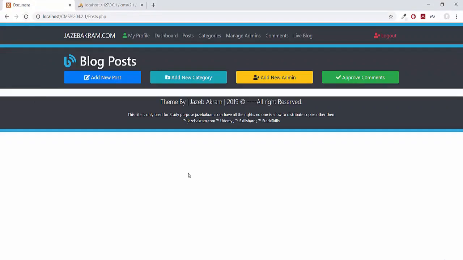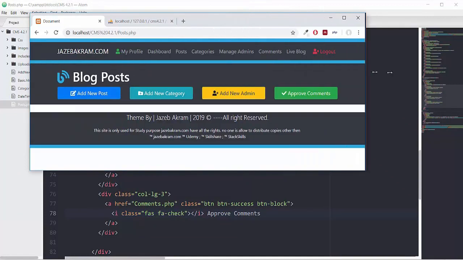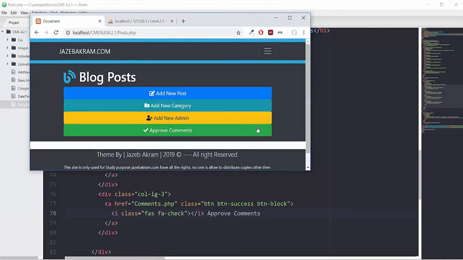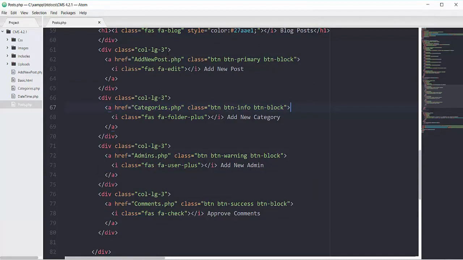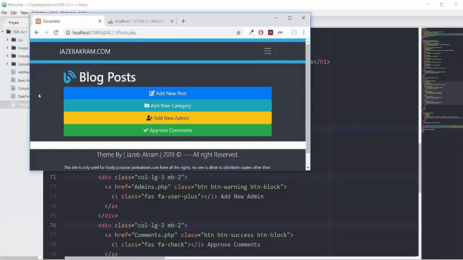It's looking cool, right? So if I move them in a small container, you can see these ones are responsive, but at a certain breakpoint you can see all of them are sticking together. So I will add margin bottom to each one. So let's add the margin bottom first on this div, mb-2, and adding it here, here and here. So mb-2. Saving this one, refreshing the page.